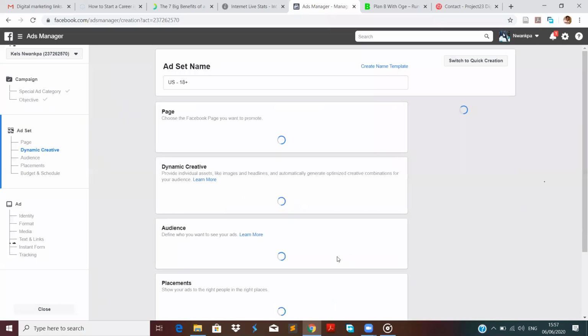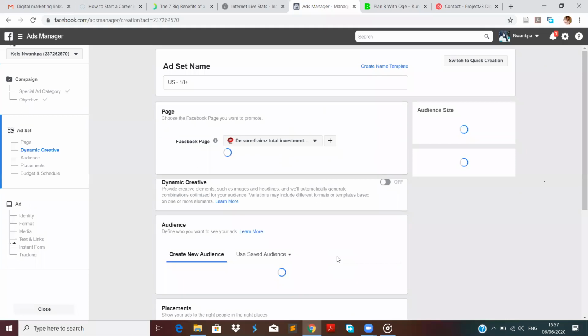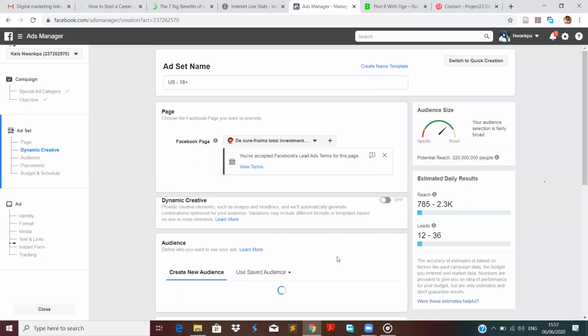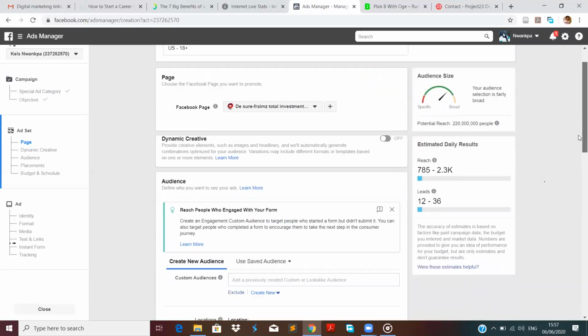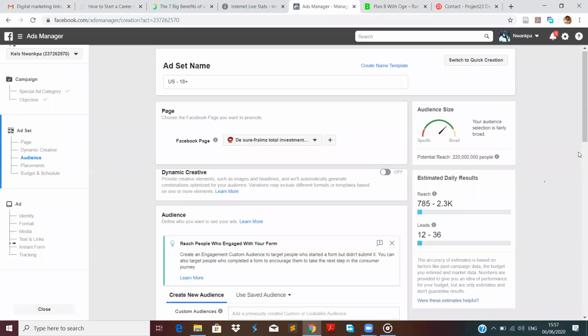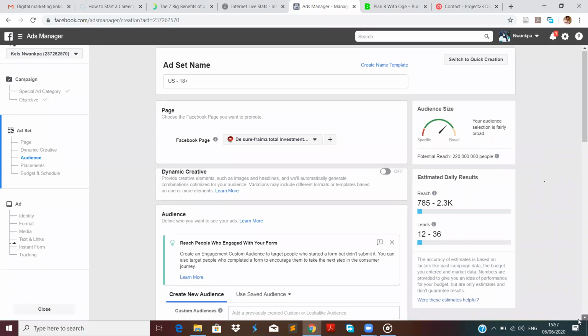It's loading, sorry. So basically, it's just simply filling the form. That's basically what it's about. So here it is asking me what page. So I'm using my company page, right? So this is the point whereby